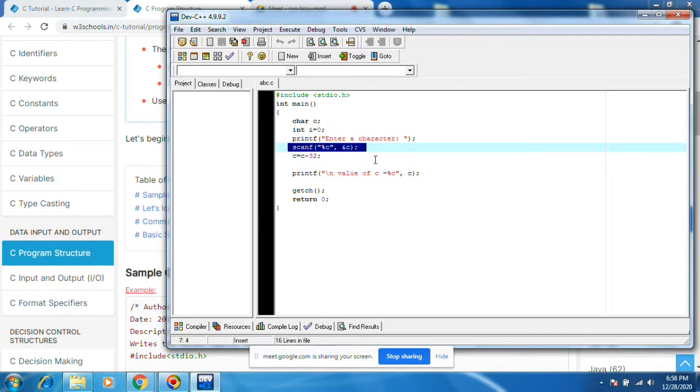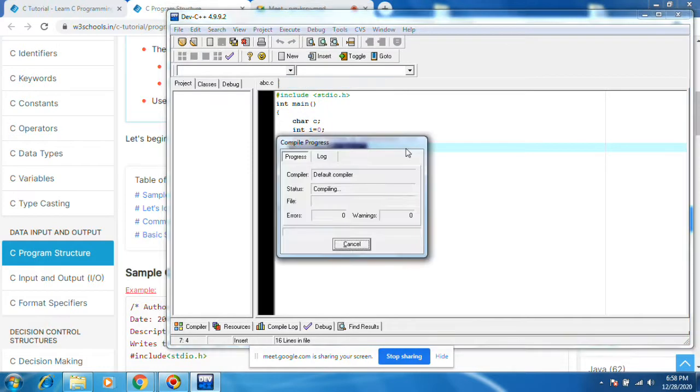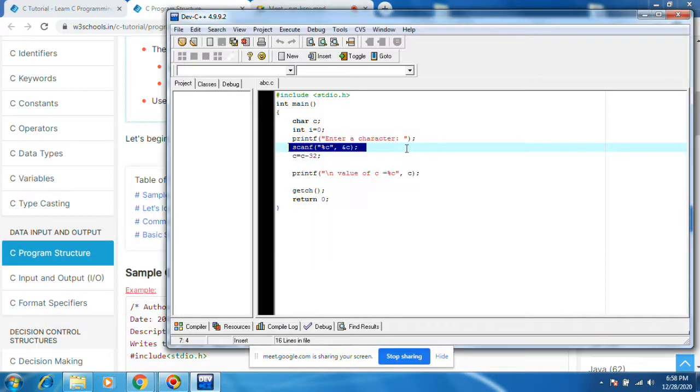Okay, what is console? If you compile and run, we'll get one window. That window is called the console.